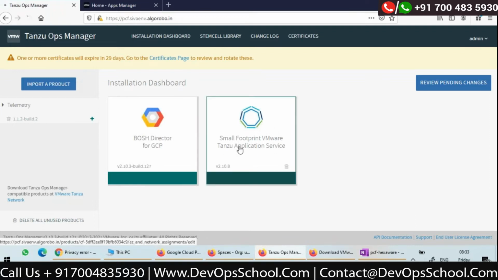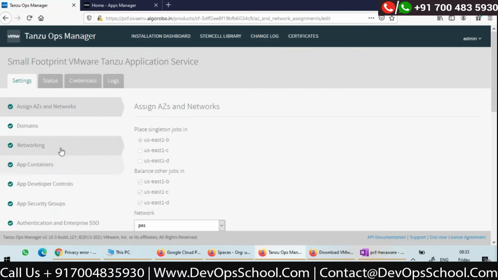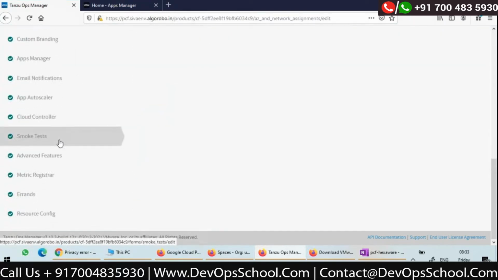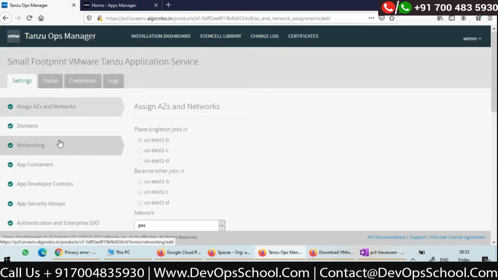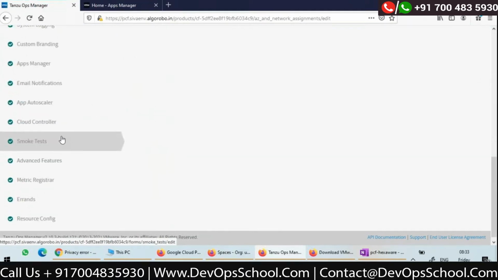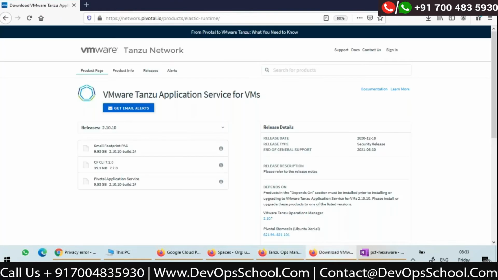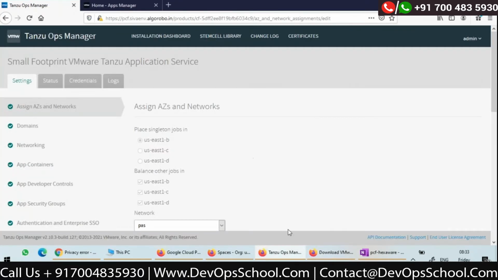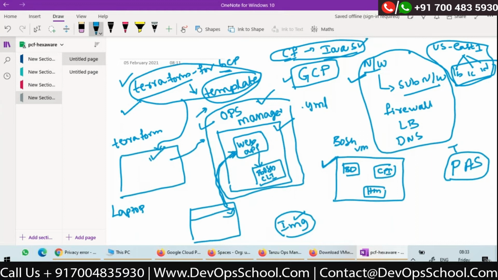Now here I have to click on this. It will ask for a lot of details on the UI. There are some defaults. I have to give the information whatever is asked here, then apply changes, right?